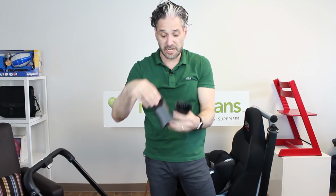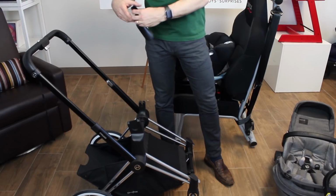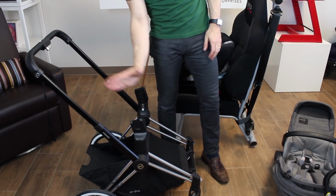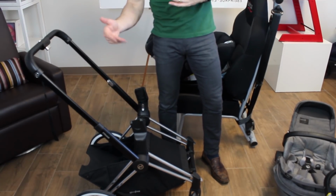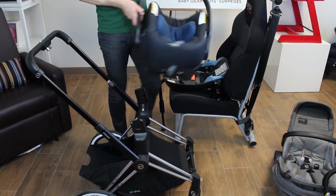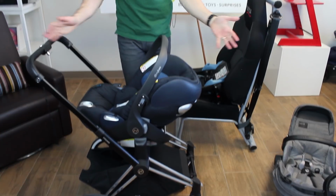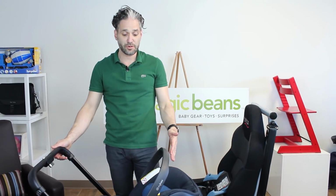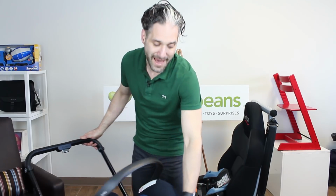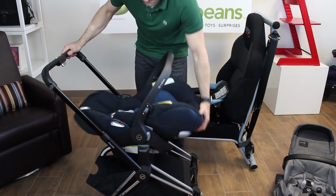I'm just going to remove the seat. These are called Maxi Cozy adapters. They come included with a Cybex. You click one in, you click the second one in. You can see that they're sort of angled towards the handlebar. That's how you put in the Maxi Cozy adapters. Then you take your Cloud Q and you just click it right, look, it basically falls right on top of those adapters. And then on the back here, you just push this down, and look,